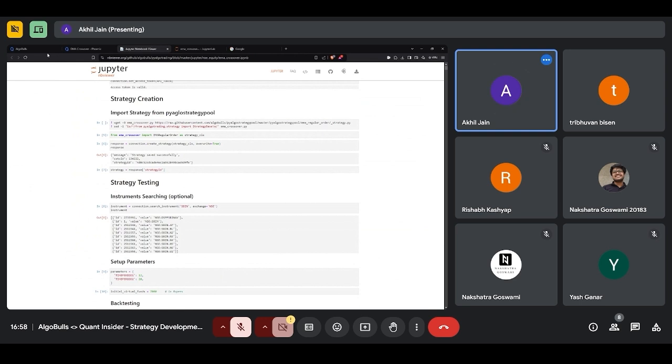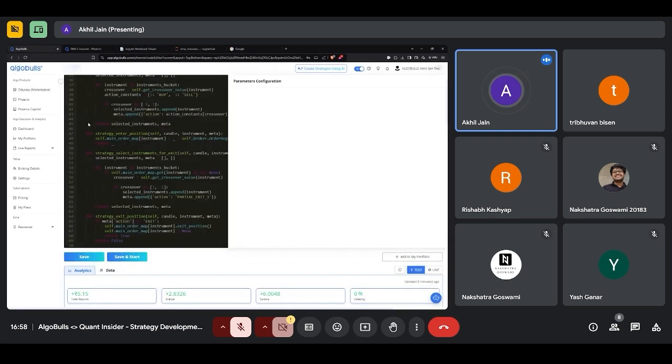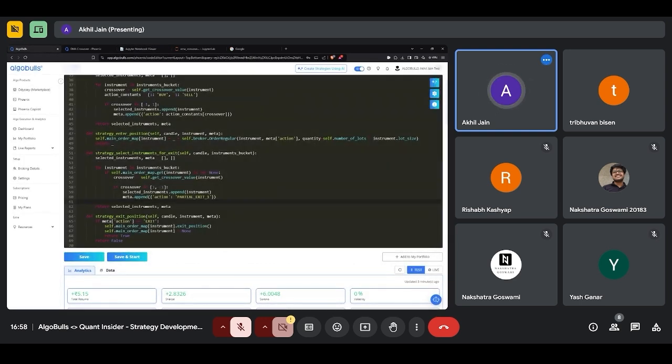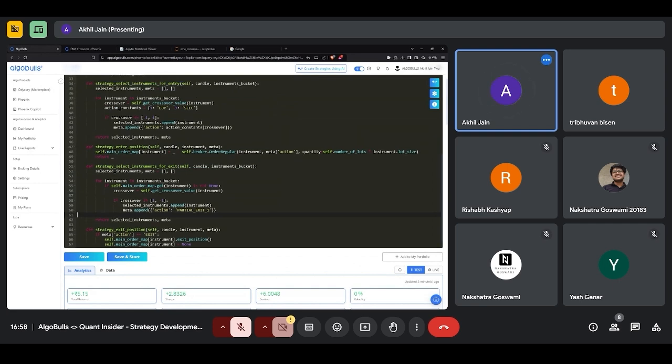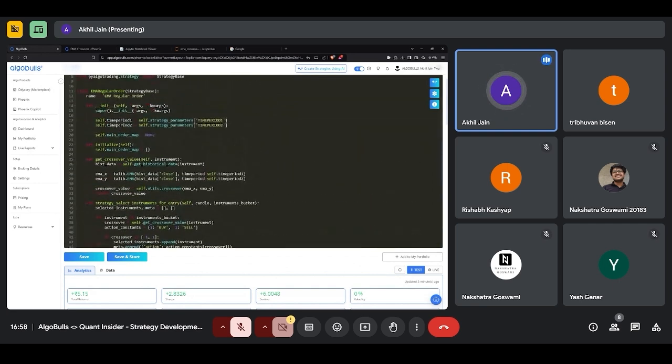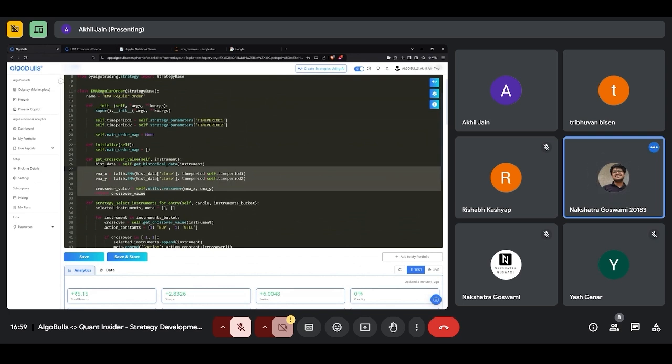Jupyter Notebook, yes. I'd rather take you back to the strategy. This strategy is in the form of a py file, which will be imported by a Jupyter Notebook. Just like this method here, get crossover value, you should be able to take the historical data, which is in this line, and add any mathematical formulas you want, based on your NumPy, pandas, and scikit-learn. You should be able to calculate anything you require here, and your py file should take care of the rest. Please correct me if I'm wrong, but I guess this is what you meant. Yes, this is what I meant. Thank you, sir.